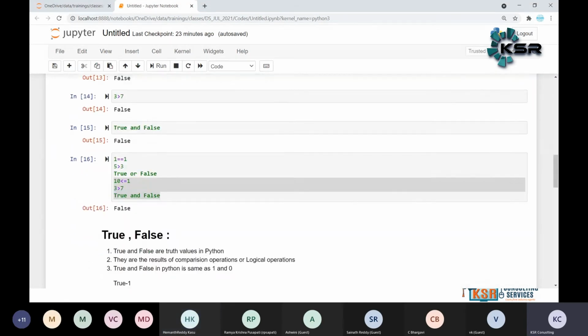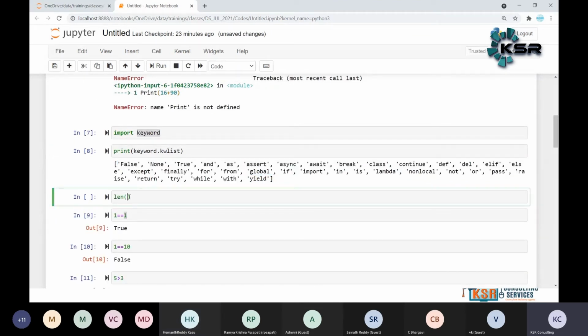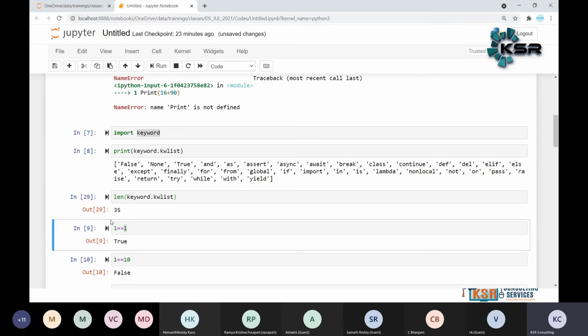Directly, we don't have a function called count, but we have the length function. Length of keyword.kwlist gives 35. There is a function called Counter, but we need to use a separate library. Here count is nothing but the length function.